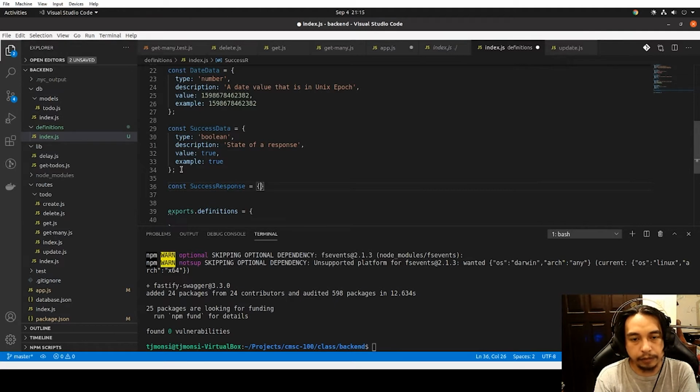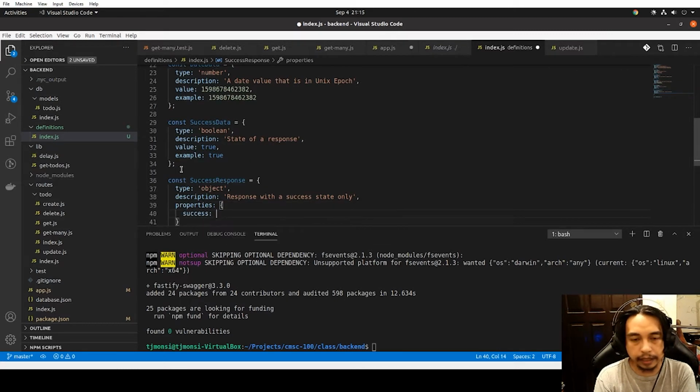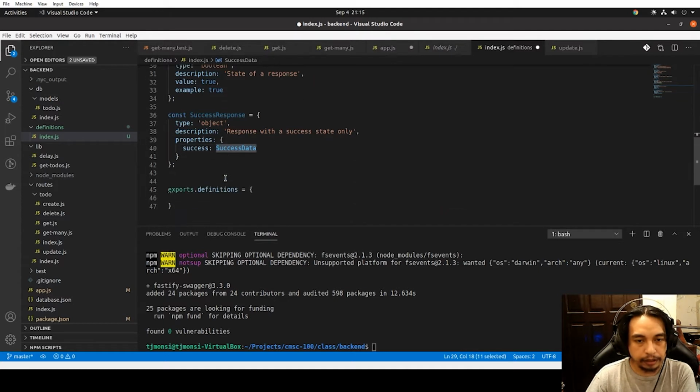response. Now it's time for us to create a response here, which is a type object. The description is response with a success state only, and the properties is success data. So now we are using this. So success response is part of the definition. So let's try it out